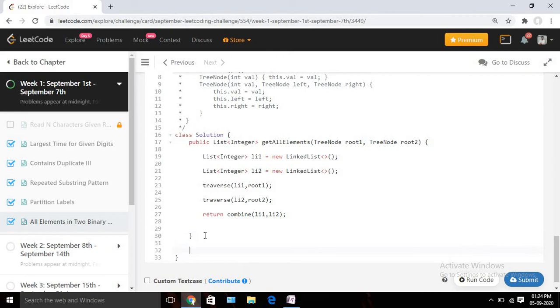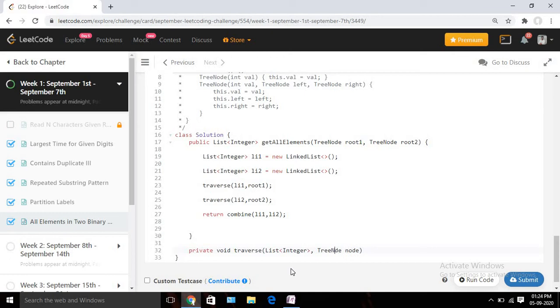For the traverse function, we can define it as private, and here we are not going to return anything, so the return type will be void. We are going to pass two things. One is obviously the list, another one is the node, right? So let's do that. Another one, let us name it as TreeNode, and the value name is node only.